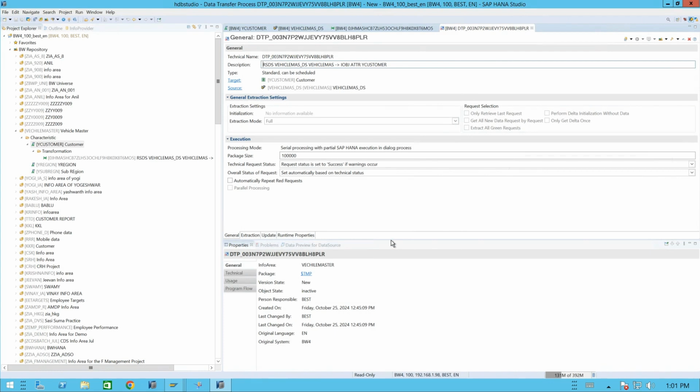Okay, this is my data transfer process screen. This is nothing but a program, whether it is the DTP or transformation, whatever. We are creating the objects using the backend programs. So here you can see, if you understand, that it is showing standard can be scheduled, and for every object the system will create one ID, a technical name. This is the technical name, and it is showing, okay, this is my data source and this is my attributes